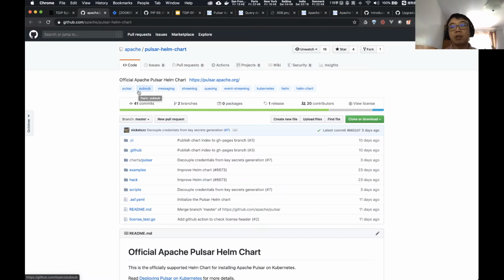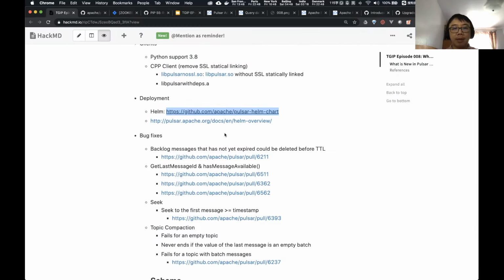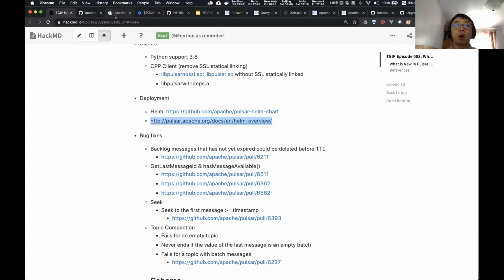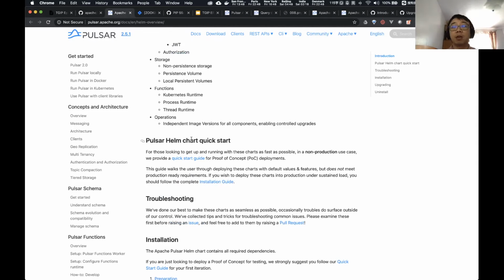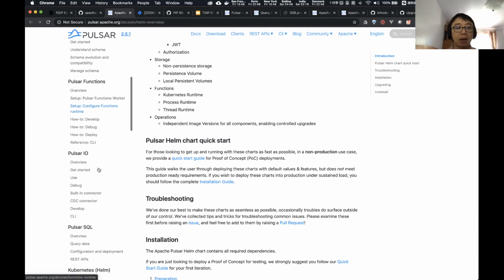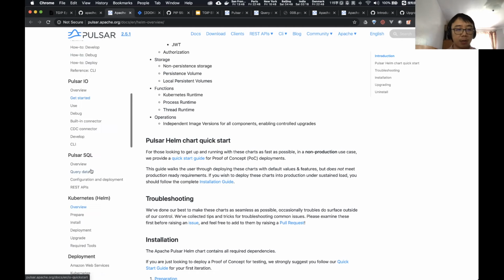The original repo is not removed yet. We are still working with the Apache infrastructure team to figure out how we want to publish the Helm chart, so people can easily consume the Helm chart without cloning the repo. But right now, the whole Helm chart deployment has very comprehensive guidelines, especially on how you want to configure